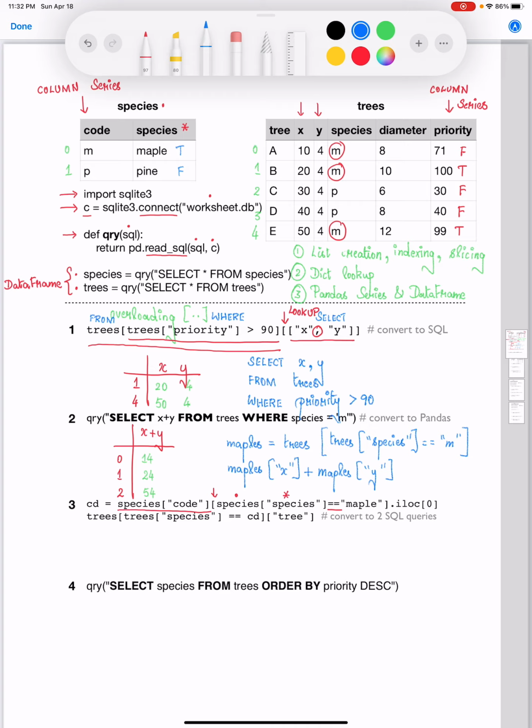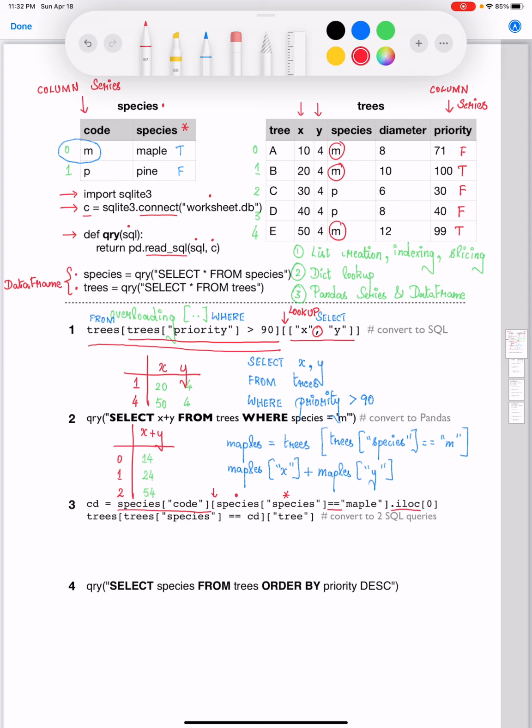What happens when you apply this Boolean indexing to the species column series, you're simply going to get the matching value corresponding to the true. That is just going to be m over here, and your corresponding index will be 0. Then what are we doing? We are saying dot iloc.